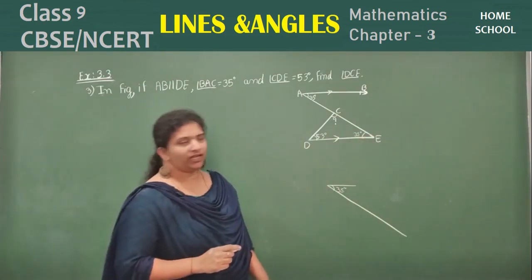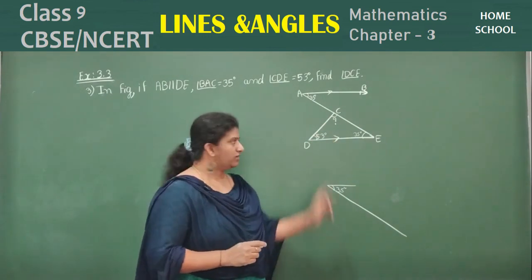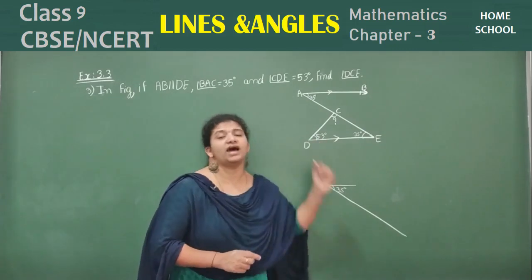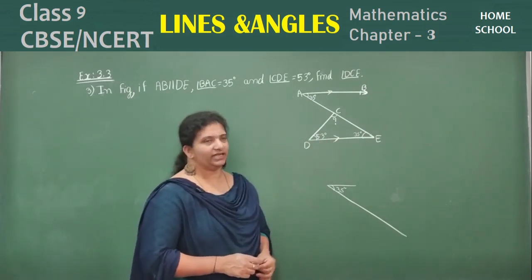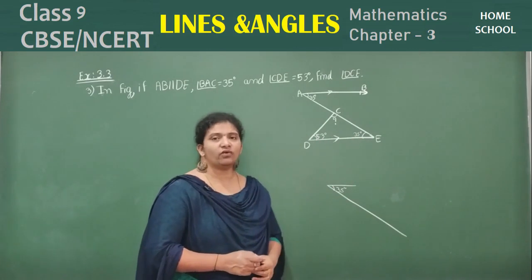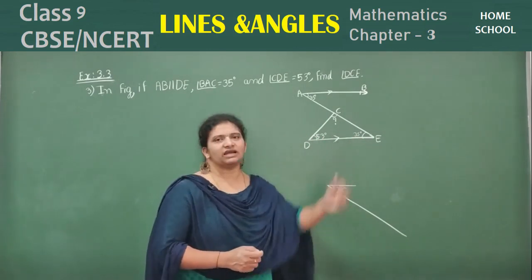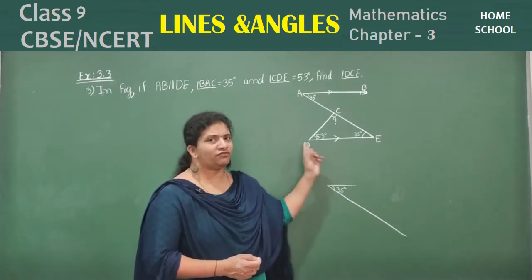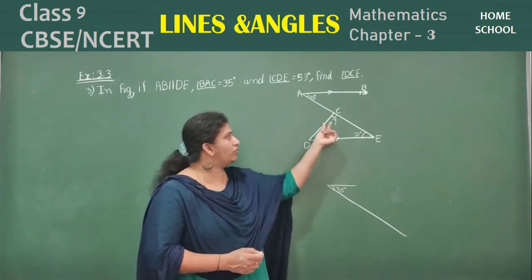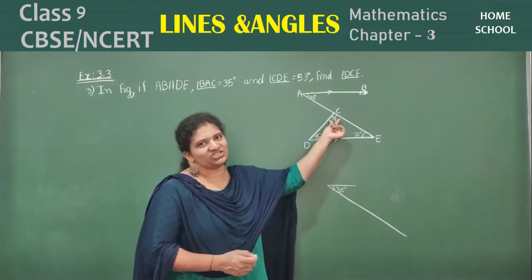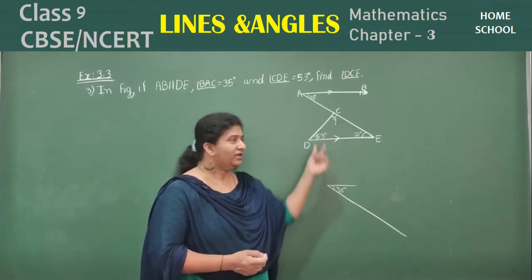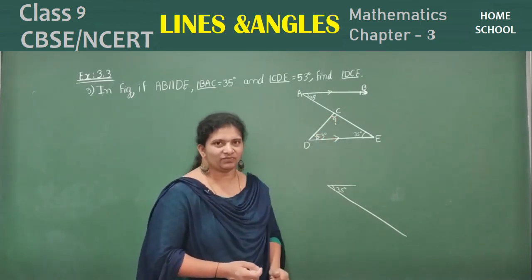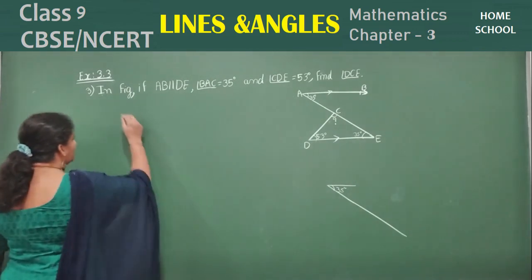Now what you need to find in your problem? Angle C. Can you see a small triangle here? Yes. The sum of the angles is how much? 180. Add these two, children. 53 plus 35, it will be 88. Total angle is 180. In 180, if you subtract 88, what are you going to get? 92 degrees. Your answer. Over. Okay, this angle answer is how much? 92 degrees. So let's solve the problem here clearly.